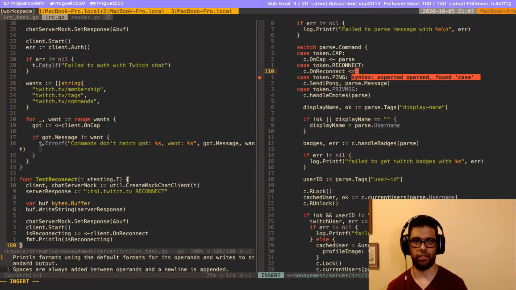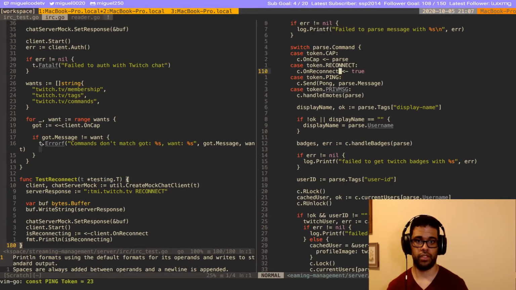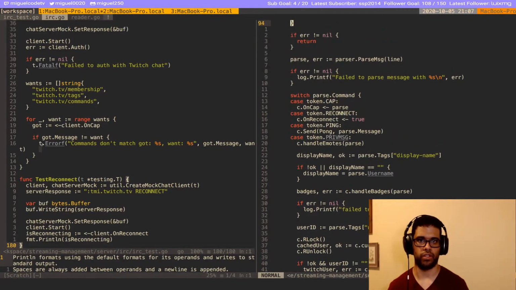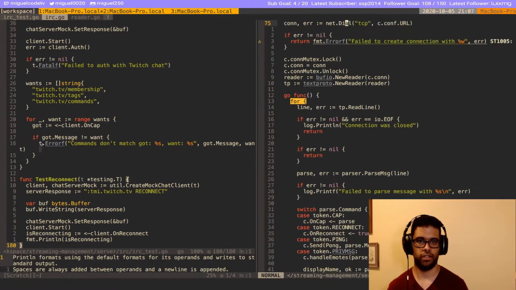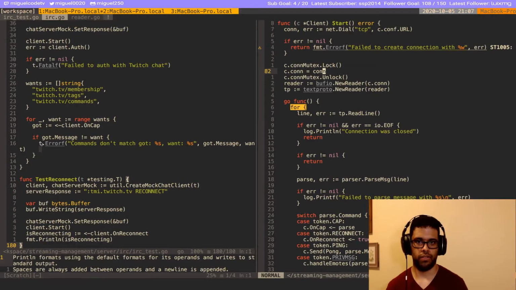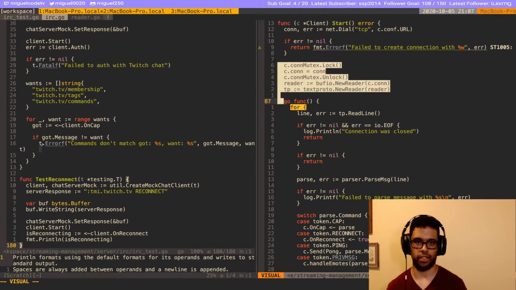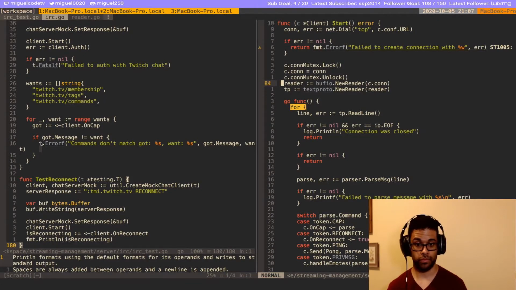We're gonna just send true. And then the other issue is, okay, so we send true. It would be a good time for us to just take, so we have to change all of this. It looks something like on reconnect.